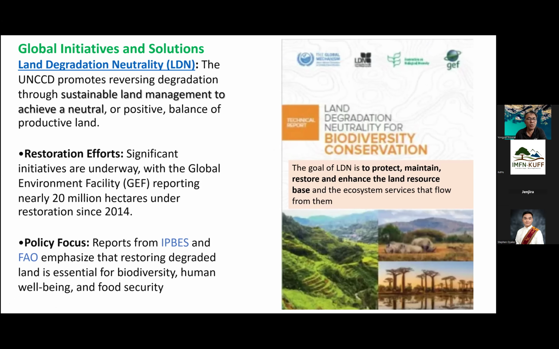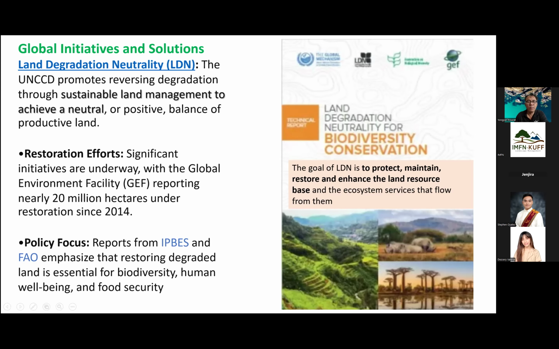and to achieve this by 2030. And besides the national policy, at the international level there are organizations working to provide policy recommendations to mitigate land degradation for biodiversity conservation, for example the IPBES and the FAO. In 2018, the IPBES already had one report on land. Already shown in the previous